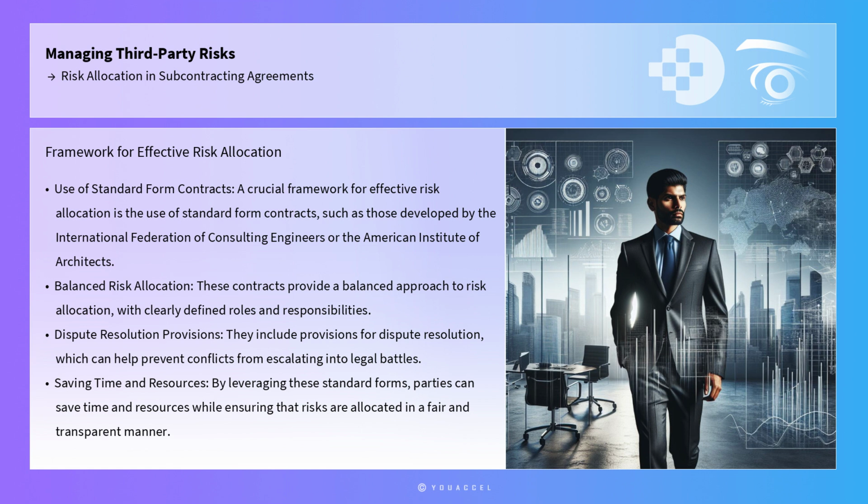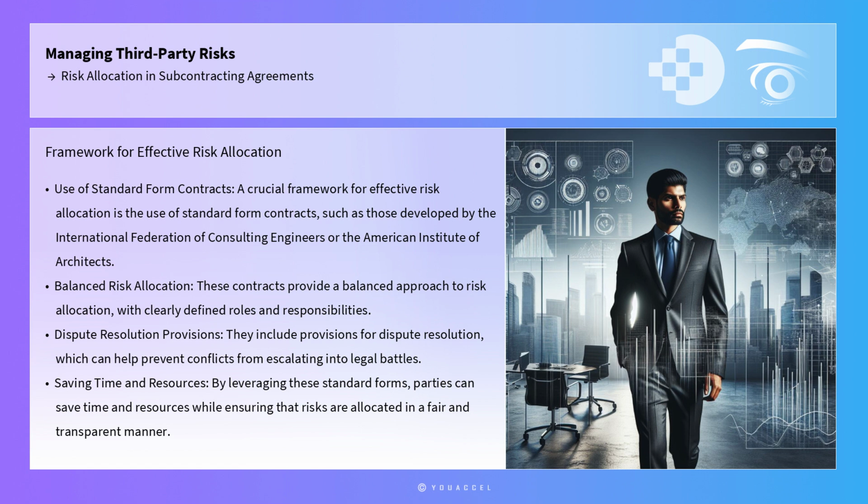A crucial framework for effective risk allocation is the use of standard form contracts, such as those developed by the International Federation of Consulting Engineers or the American Institute of Architects. These contracts provide a balanced approach to risk allocation with clearly defined roles and responsibilities. They also include provisions for dispute resolution, which can help prevent conflicts from escalating into legal battles. By leveraging these standard forms, parties can save time and resources while ensuring that risks are allocated in a fair